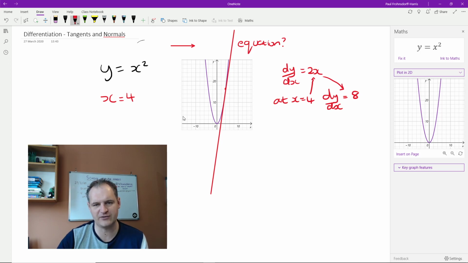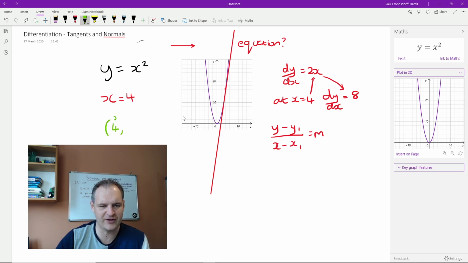Then we know that (y − y1)/(x − x1) = m. Now this is fancy talk for y, which we're going to keep, is equal to, at this point here, which we know has 4 as the x value, we're going to call that x1, and we need a y1 value. But we know if x is 4, that y1 must equal 4 squared, which is 16. So at (4, 16), which is what this point must be,